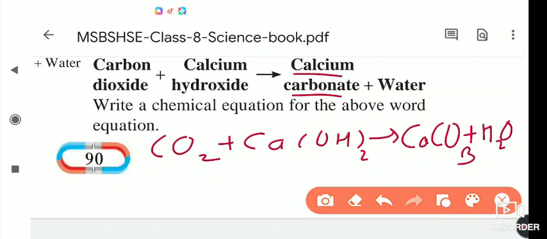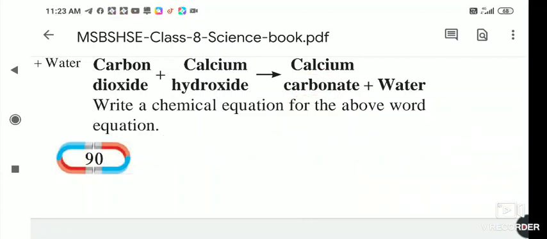When we blow, the carbon dioxide from our respiration byproduct enters that lime water, and the lime water turns milky because calcium carbonate particles are formed inside it, and after some time they settle at the bottom. So this is the chemical reaction between calcium hydroxide and carbon dioxide. Okay, note down this reaction.